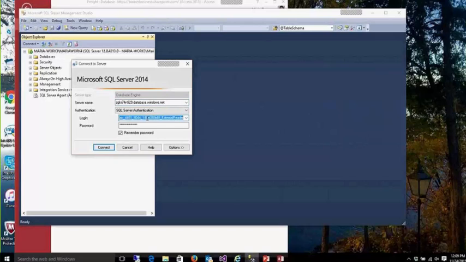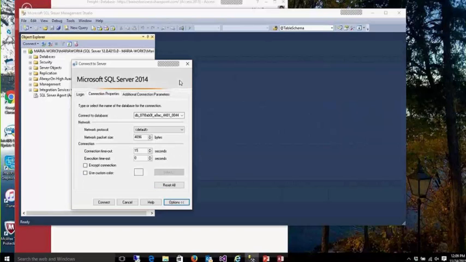On this instance, because we're doing SQL Server to SQL Server, you don't have to preface the login name with the database name or the server name like you did from Access. And then the password, and then in the options,